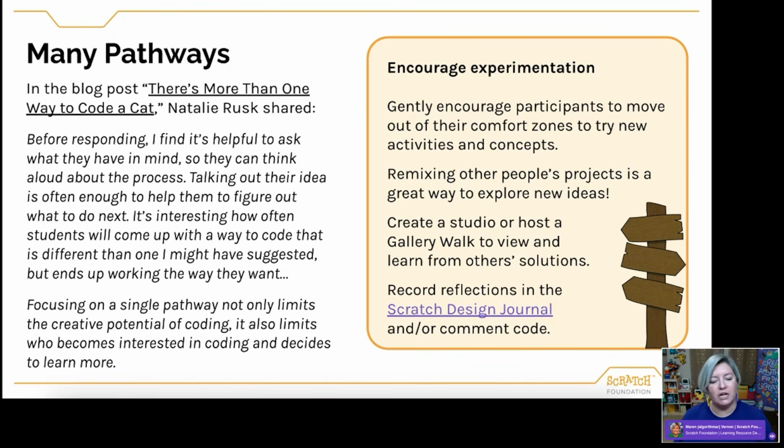And so, by encouraging and reminding both ourselves and our learners in the classroom that there is more than one way to code a cat, it encourages us to have that growth mindset, to try different solutions, to try different things, and to remember that, again, there's not necessarily a better solution or a worse solution. It's all about context. It's all about us growing and having experience. And so I really encourage that experimentation.